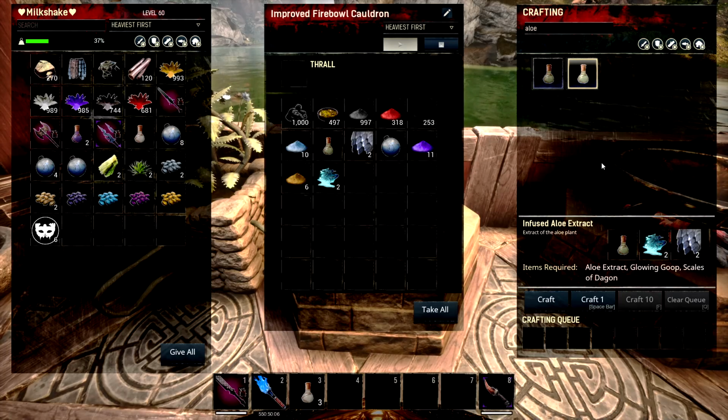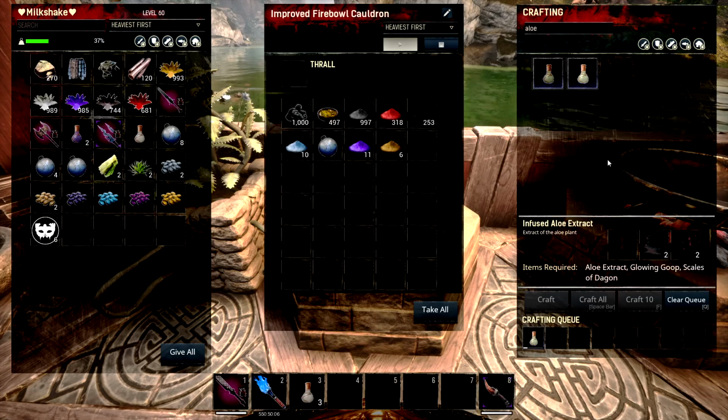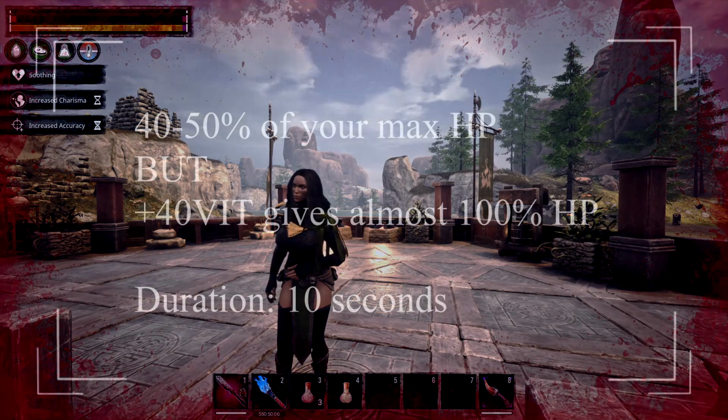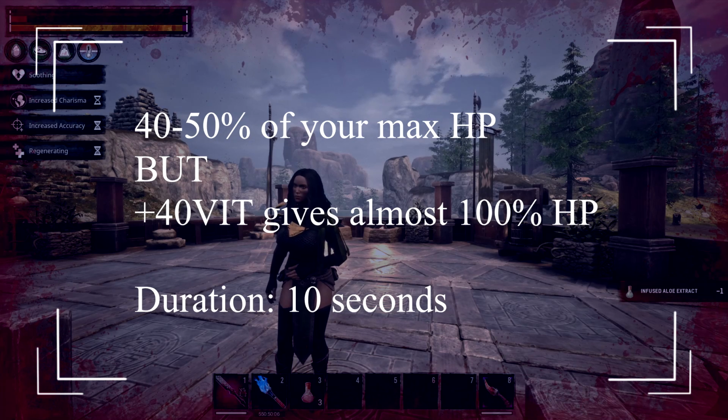But pretty much we're going to go back to our fireball cauldron, and to make it we need 1 aloe extract, 2 glowing goop and 2 scales of Dagon to make it, and then we can go ahead and craft that baby. Now the potion is pretty expensive, but it is pretty decent also,